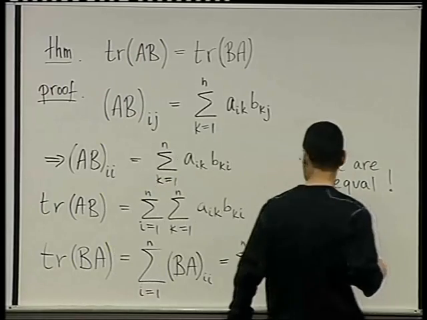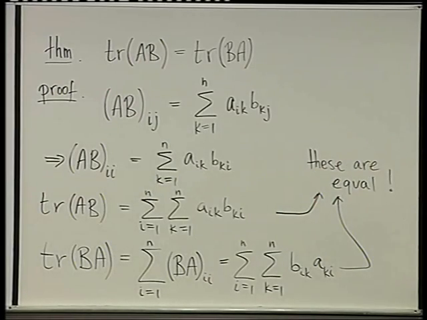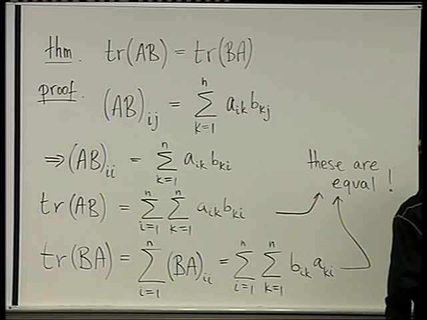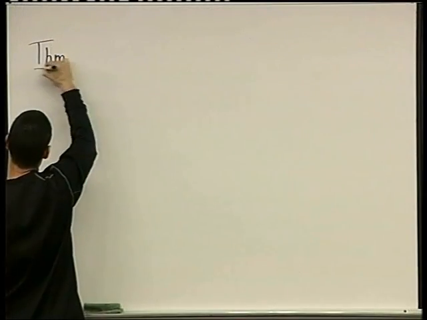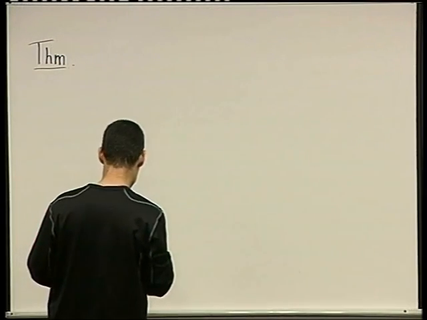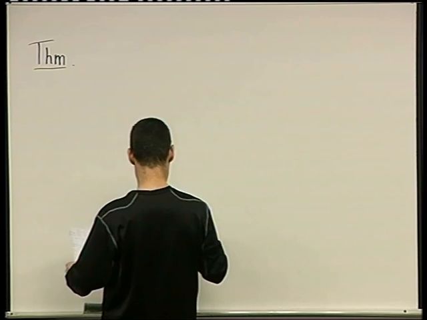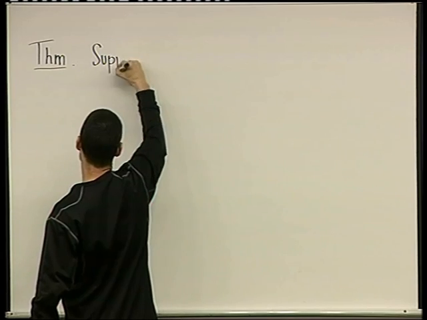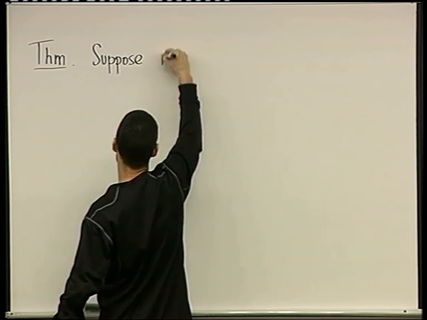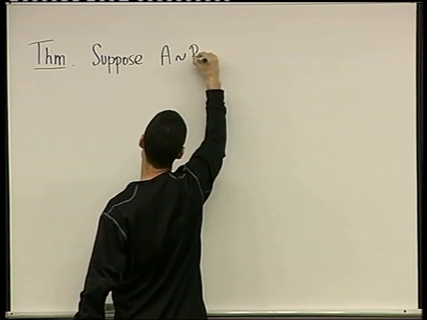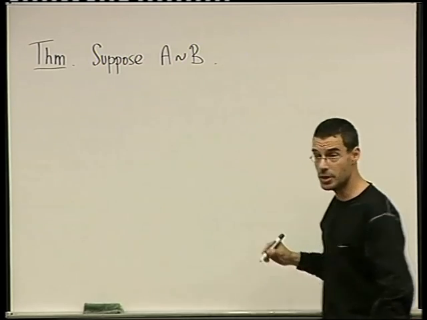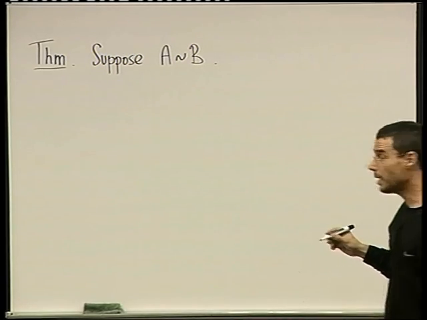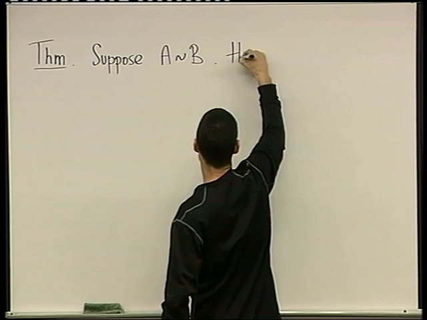So this was the notion of the trace and an important property of the trace. And here's the theorem that takes us back to similar matrices. And it says the following. Suppose we have two similar matrices. A is similar to B. That was our notation for similar matrices. Okay? Then,